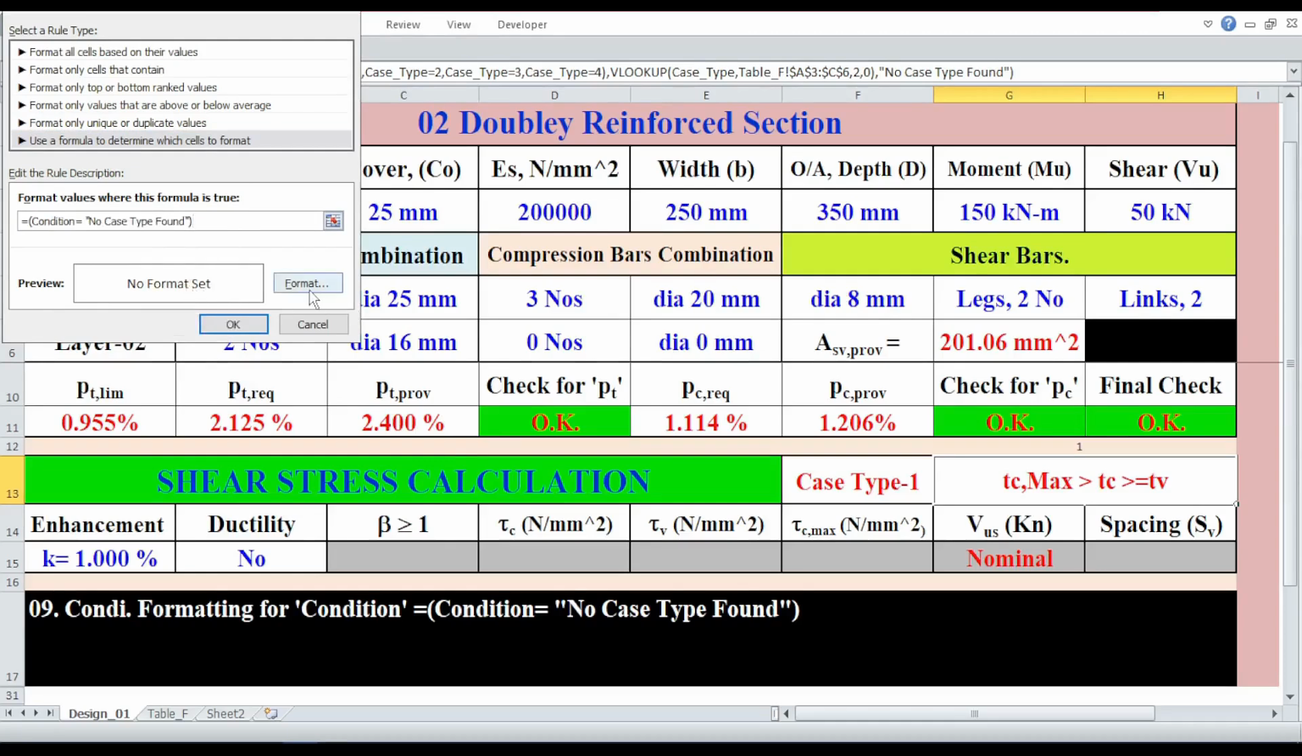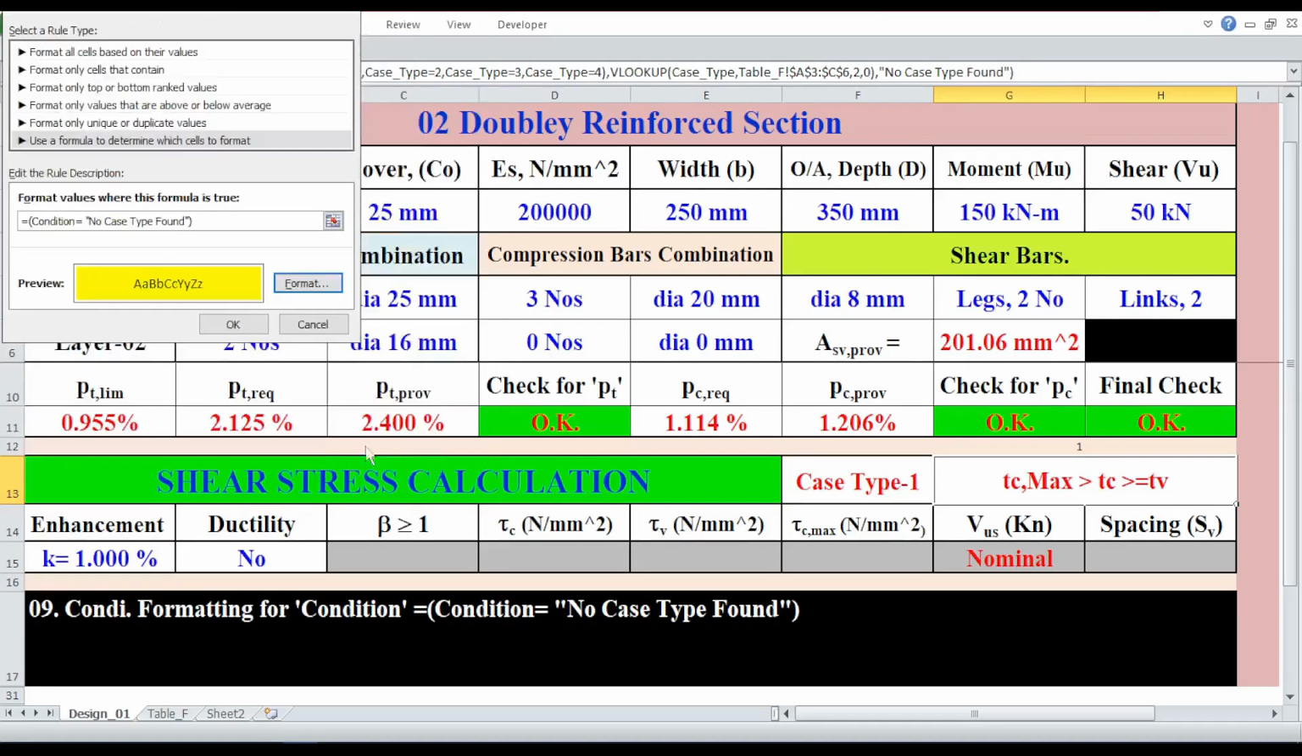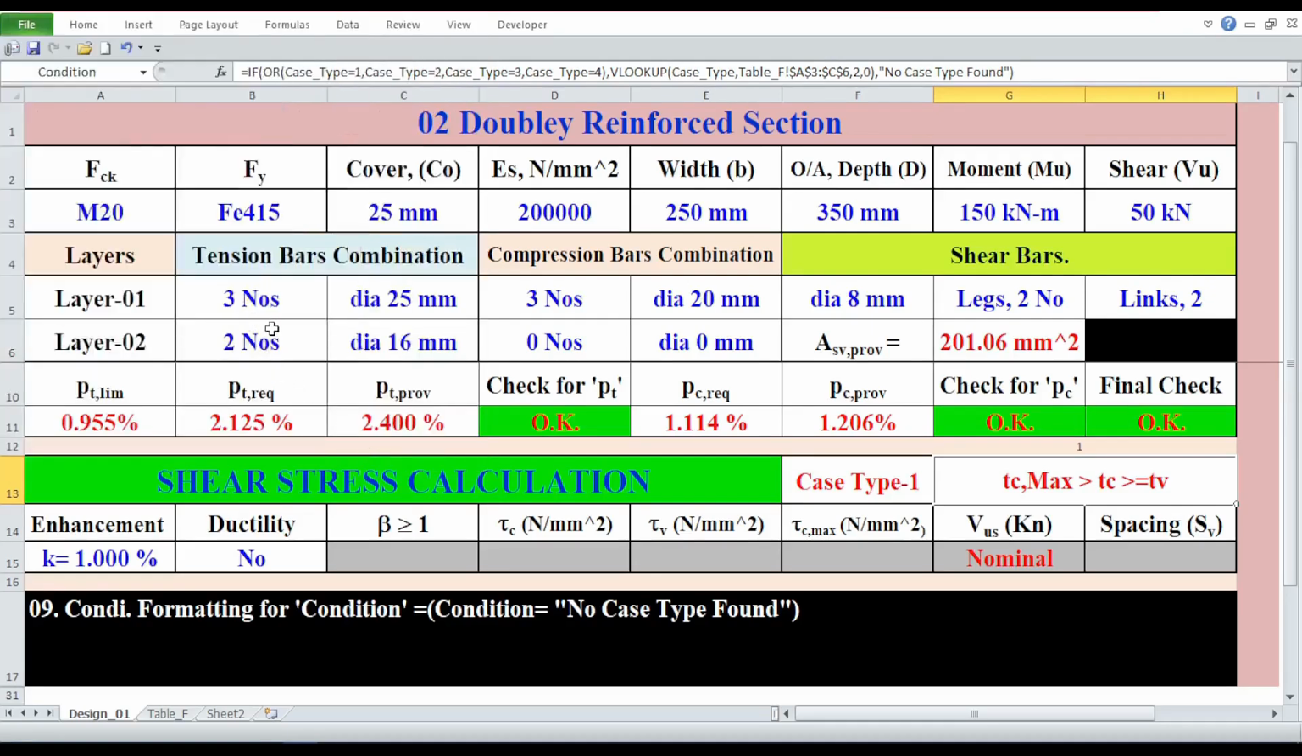Now, select the Format option. Select the option Fill, and select the yellow color as a fill color. To accept this condition, click on OK and then Apply. This yellow color for the cell will be activated when the provided logic is true. Presently, our logic,